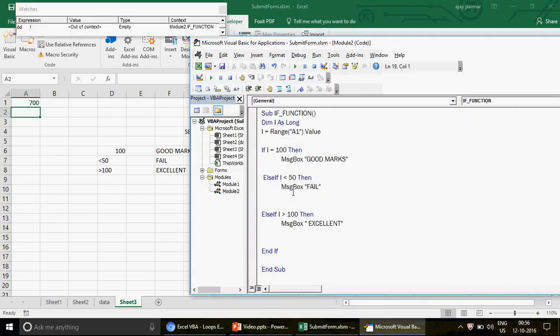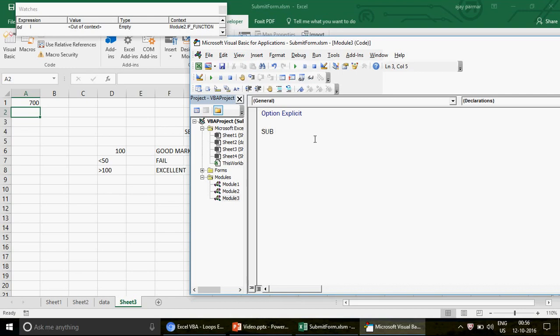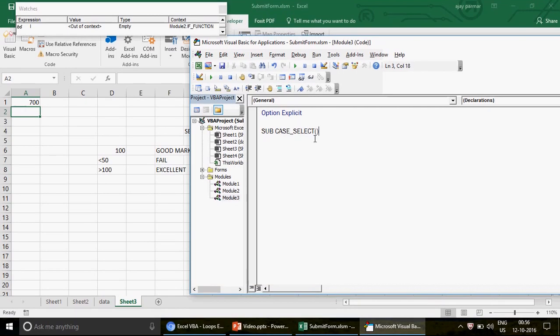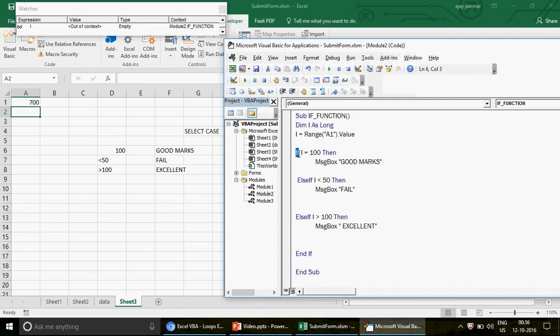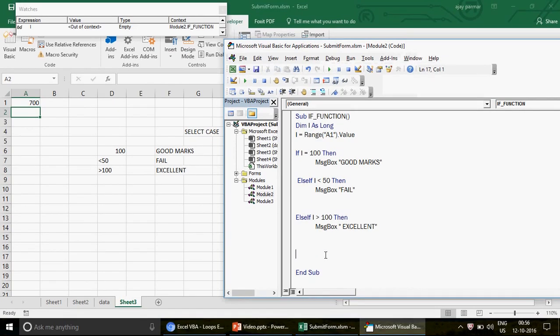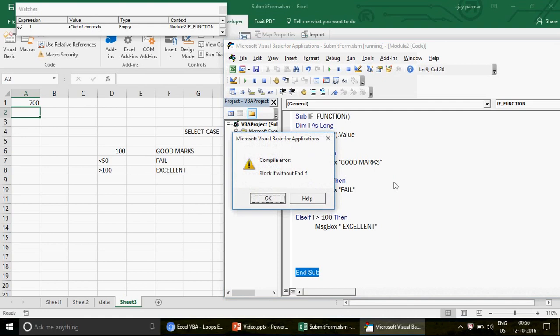Now how to write this using the select case command. Now I insert the new module. This is how you write the same stuff. So I'm going to write here select case. To begin with, you need to remember that if is always written with the end if. You know that if you have written the if, you will end this with the end if. If you don't write the end if and you run it, you get the error block if without end if,